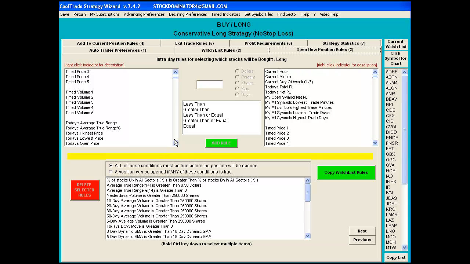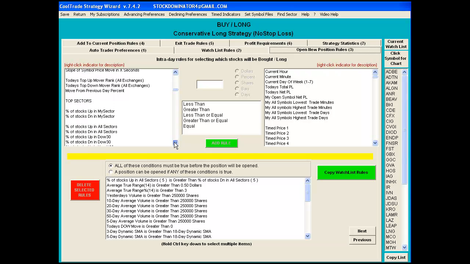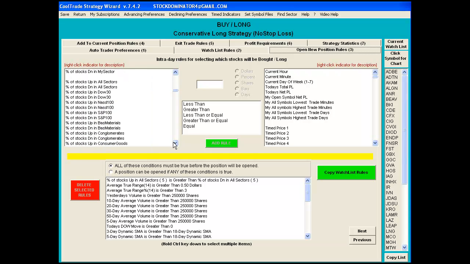So it's real simple, but also can be quite complex depending on the user and what they're trying to accomplish with CoolTrade. So just scrolling through these real quick for you guys, and you can pause this at any given time. So actually, I'm going to explain this real quick. This strategy right here,